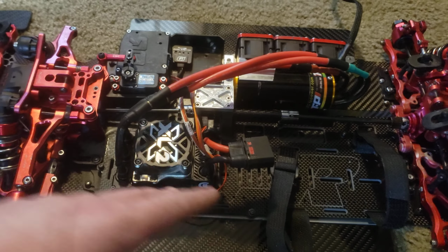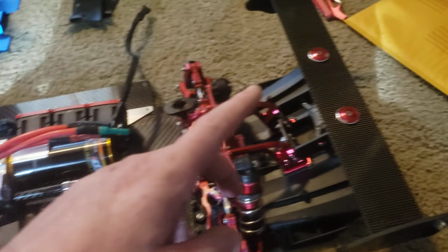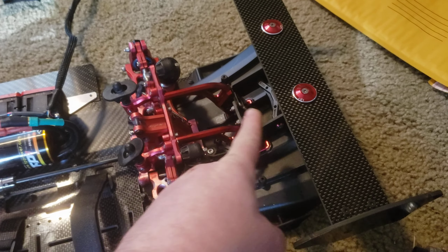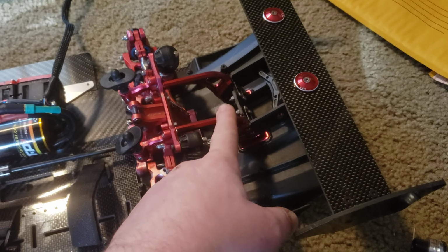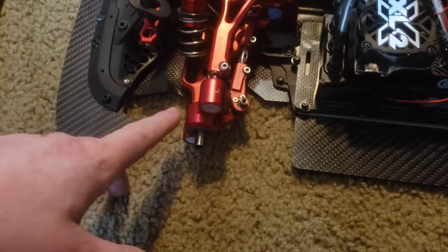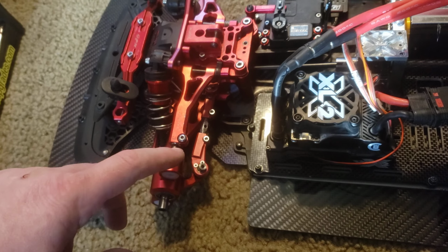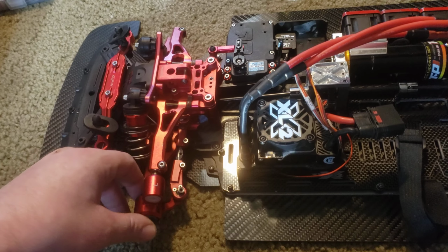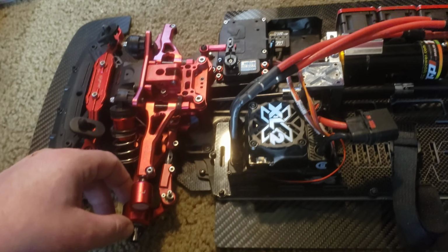Now, since the last video, like I said, I did add this chin splitter. I added the carbon fiber wing supports, and then these wing supports right here from GPM. And then I had to order new knuckles because I was in 2 separate wrecks and it messed up both front knuckles. So I have 2 of them, but I'm waiting on...